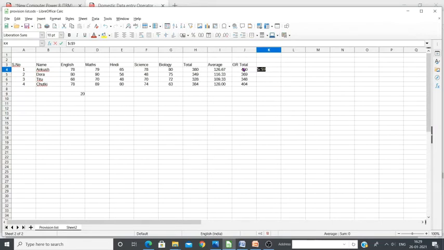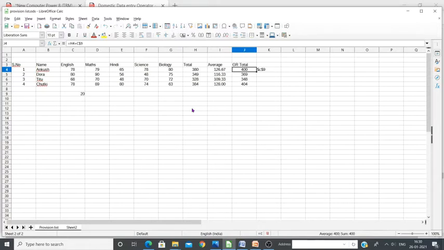But in mixed reference, for vertical dragging, you are making the row number constant, and for horizontal, you have to make the column header constant. Is it clear? That's good.